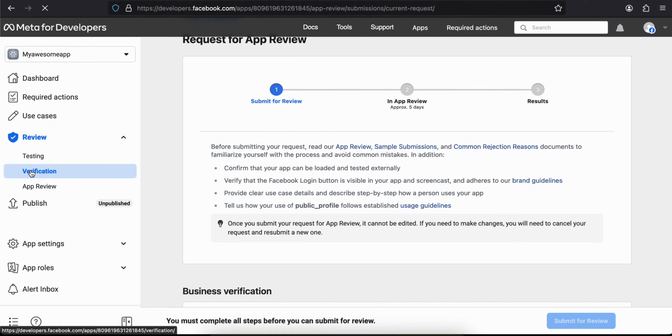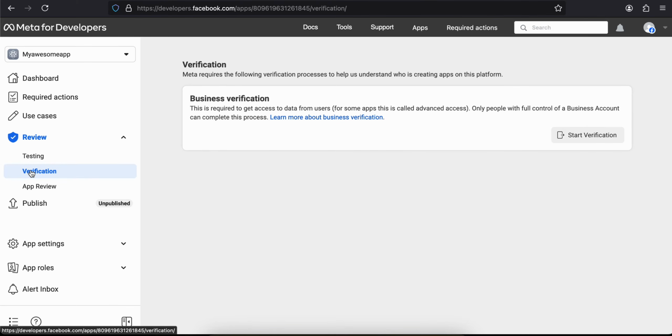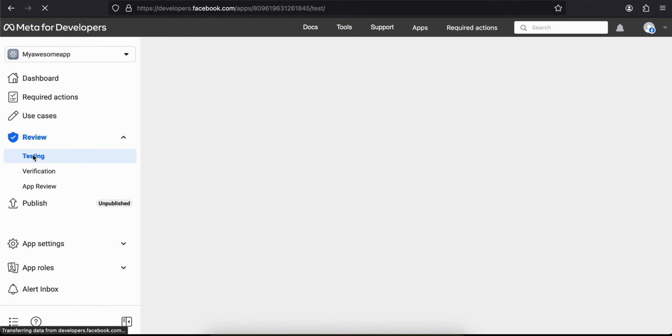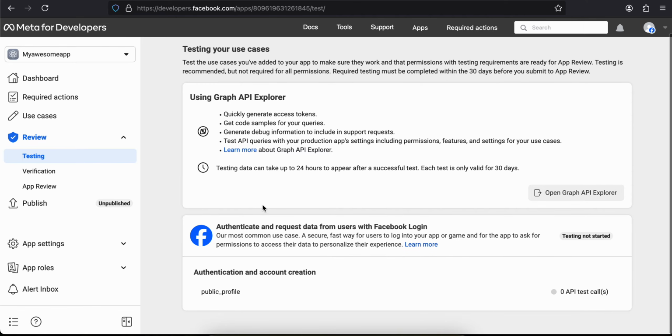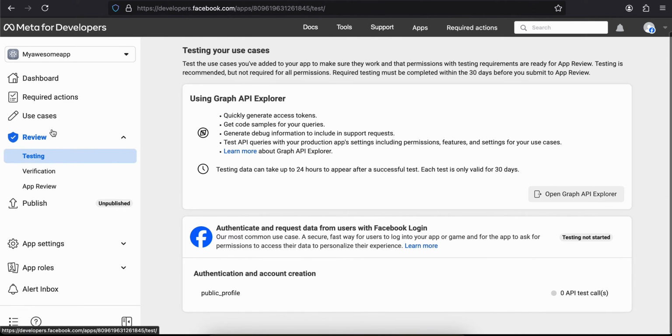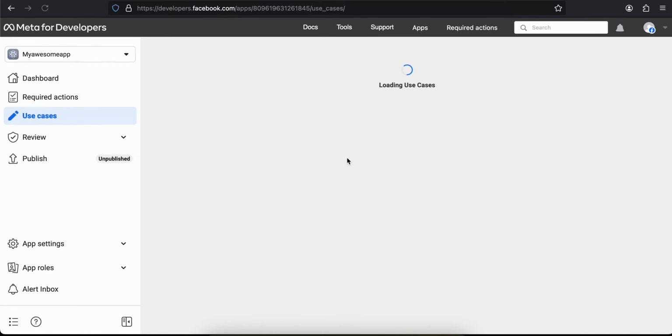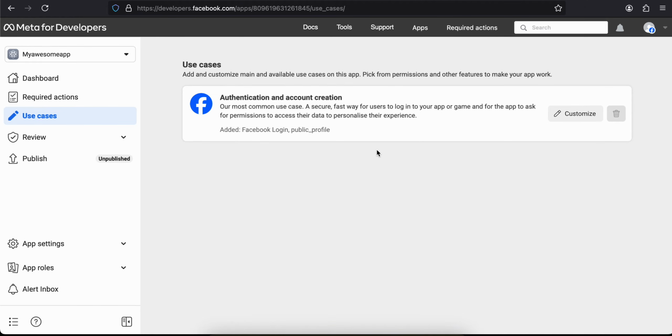Okay, maybe not review, maybe verification. No, not verification, testing. Use cases, sorry about this, I'm just checking. Okay, yeah, go to use cases, click on customize,